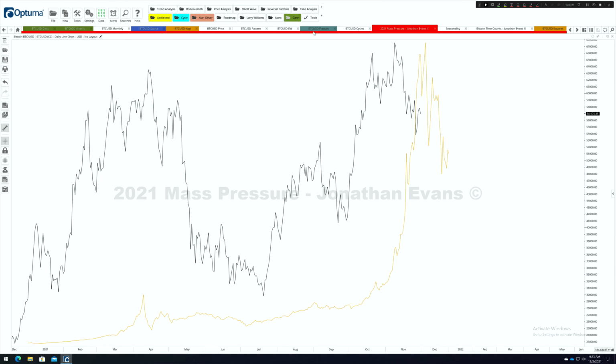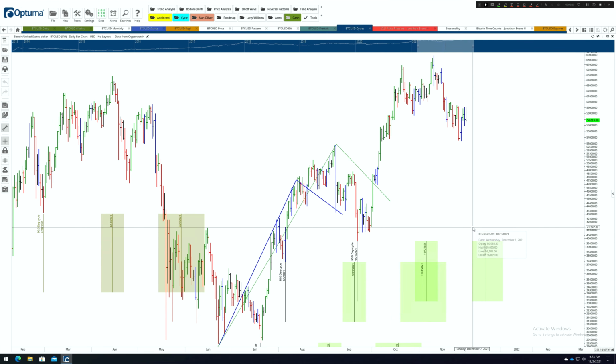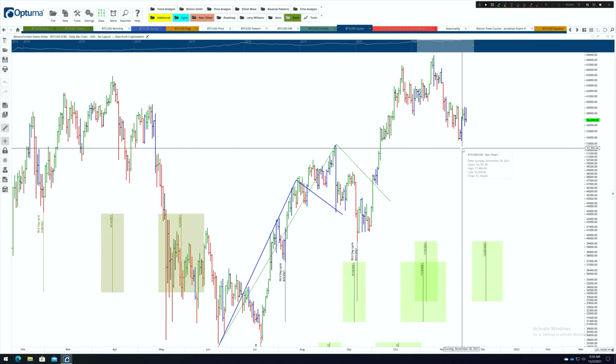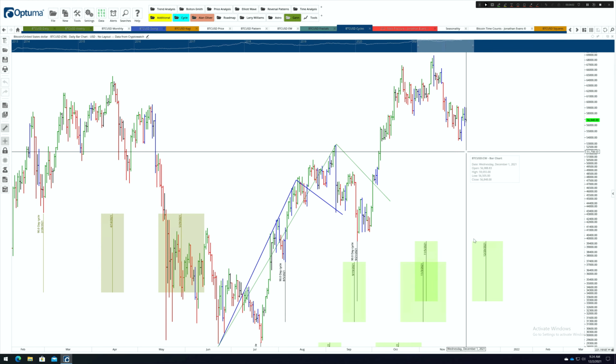If Bitcoin's market and the Bitcoin cycle is going to extend forward, let's head over to the cycles section. We would be looking for a low in Bitcoin to occur between possibly the 5th of December out to the 4th of January. So it is possible that we're going to get a right translation top and a low any time period here. So the low actually occurred, what was it, the 27th or 28th? It occurred a few days before the market has approached the cycle low period. So there is every chance that we get one final push lower into that low, or that the market's already bottomed out.